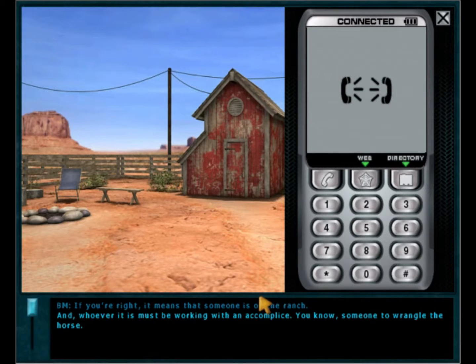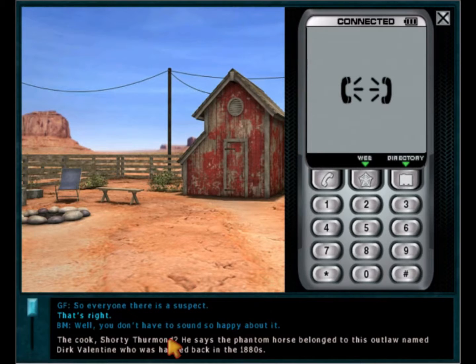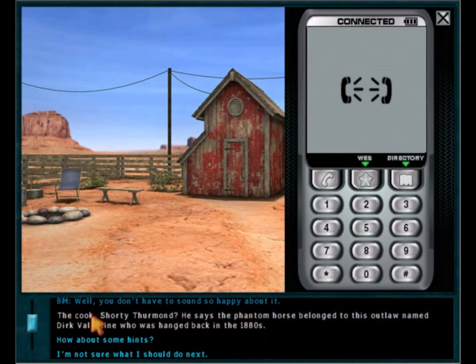Oh my gosh! If you're right, it means that someone is on the ranch. And whoever it is must be working with an accomplice. You know, someone to wrangle the horse. Oh boy. So everyone there is a suspect. Pretty much. Well, you don't have to sound so happy about it. Right? Because it could be Aunt Bet and Uncle...